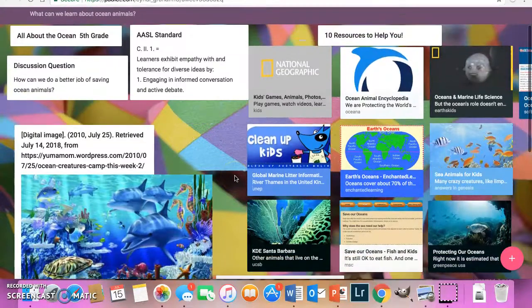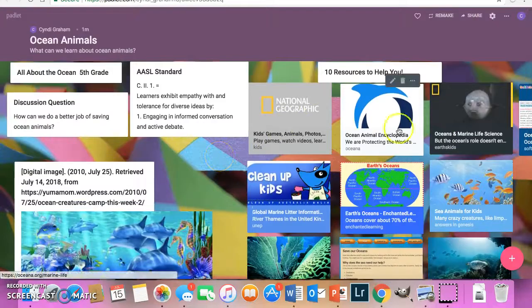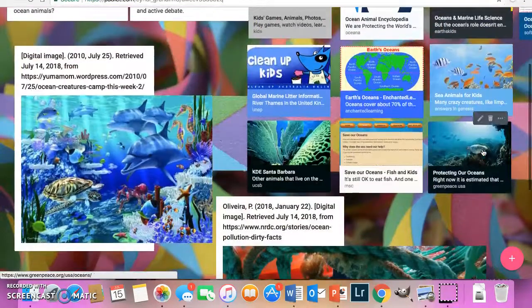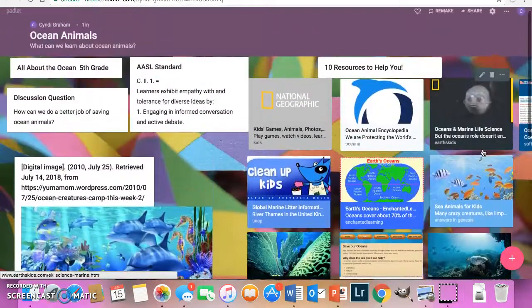Remember, we are going to be having conversations with our other peers and with people in your group, and we're going to have a constructive debate. So we are going to be working together. If you disagree, we will talk about ways to politely disagree. So let's get started. Remember, you are looking through these 10 resources that I've given to you. Take time to read through them, find your information, and then we will meet back to talk about the information that you have found.